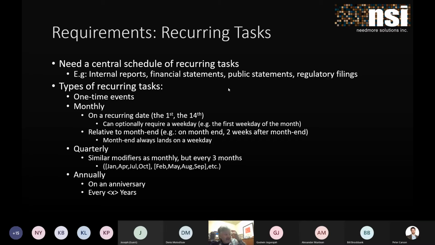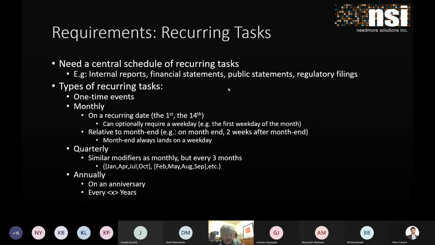They would have annual events on an anniversary. They would have some things keyed off of the first of the month. Some things keyed off of a month end, where a month end might have to be a weekday. So it wasn't necessarily the last day of the month, but you have to count backwards from there to reach a weekday, or from the beginning of the month and moving forward. Maybe it's something that even needs to look up into a table somewhere,